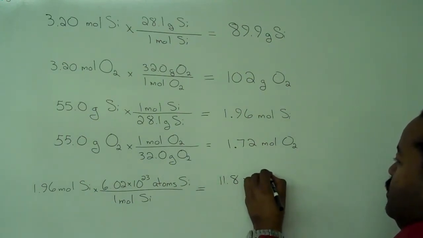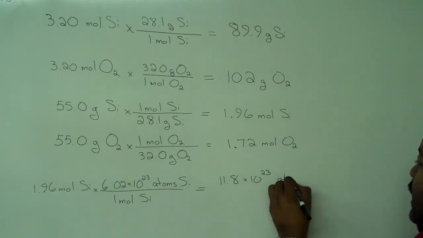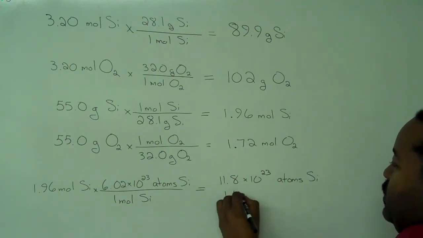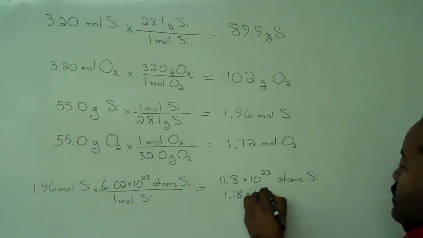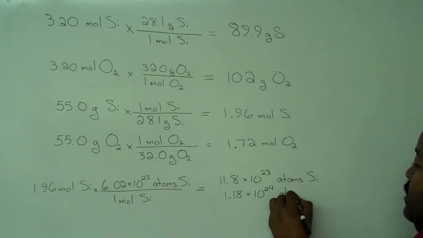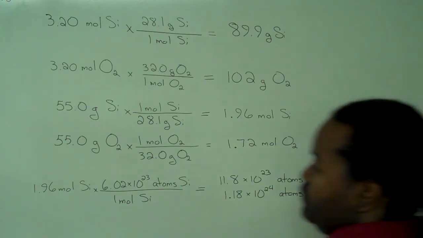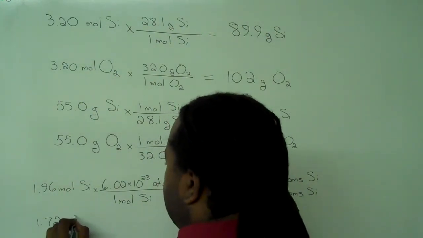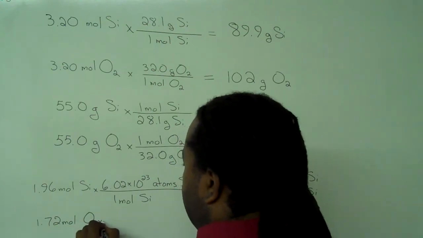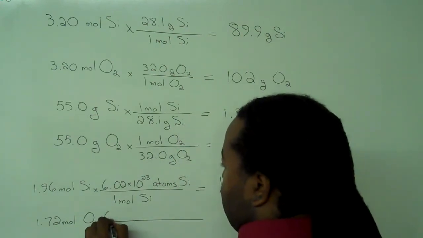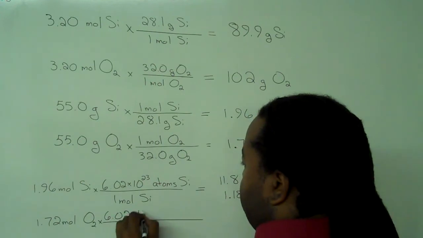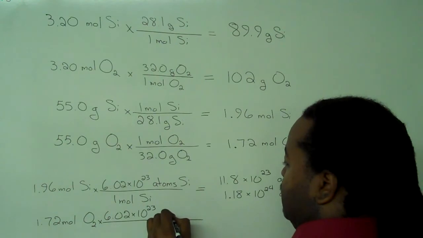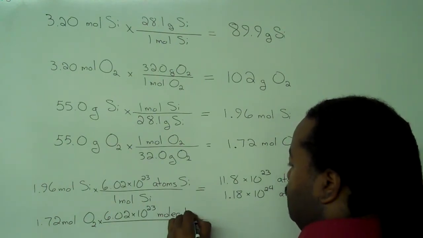times 10 to the 23rd silicon atoms. If I want to write this using proper scientific notation, that's 1.18 times 10 to the 24th atoms of silicon. I can do the same thing for the 1.72 moles of oxygen from the previous problem, recognizing that while Avogadro's number remains the same, 6.02 times 10 to the 23rd, this time I have to be talking about molecules of